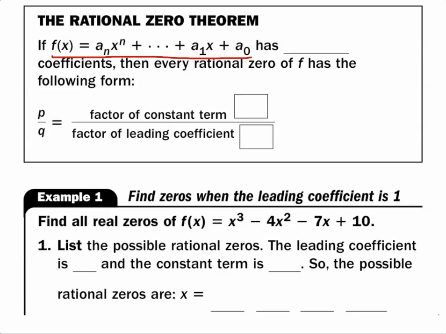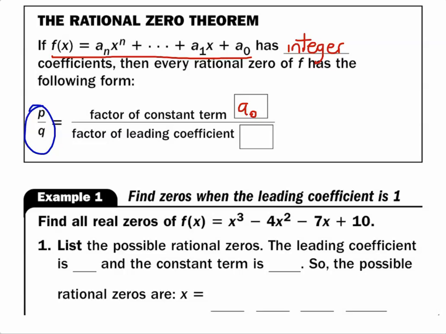And the situation is, if it has integer coefficients, what we're going to do depends on the polynomial being full of integers. Then every rational zero of f has the following form. Let's start: p over q, we're going to be making fractions, and p is a factor of the constant term. The constant term is